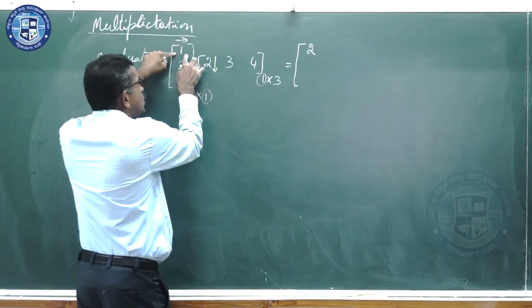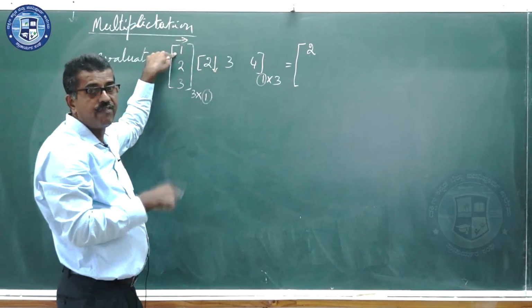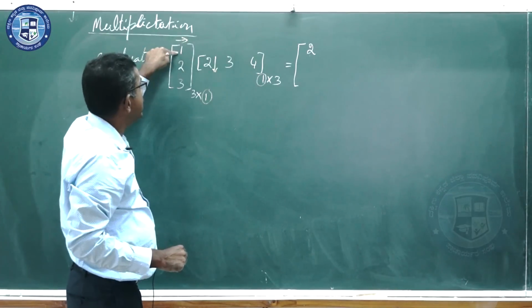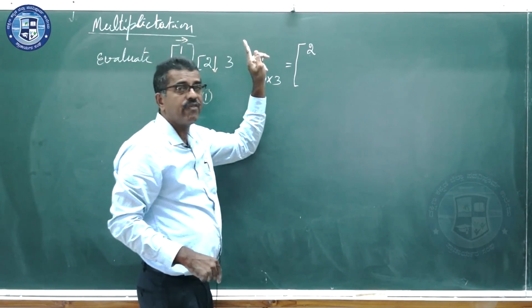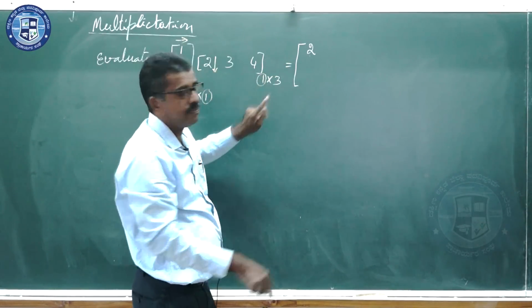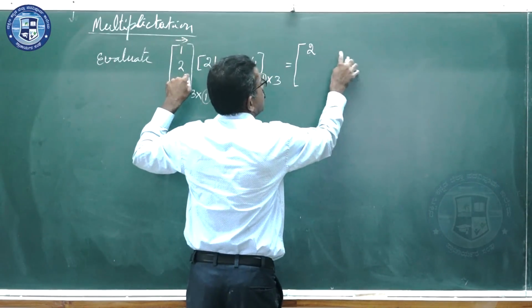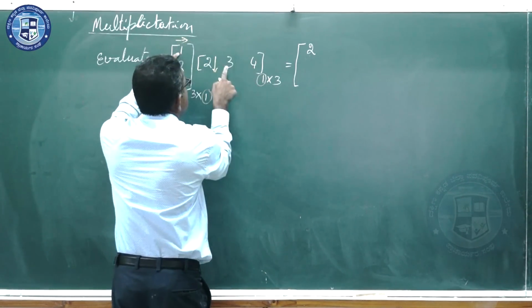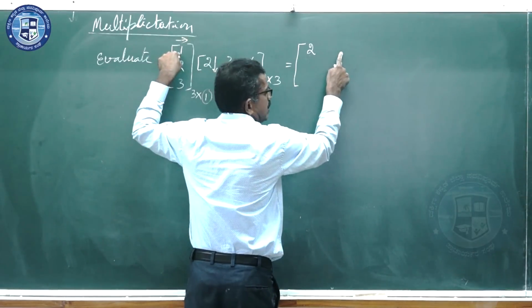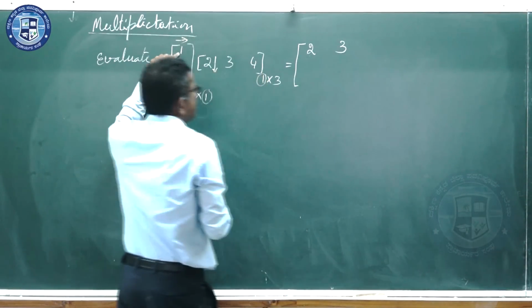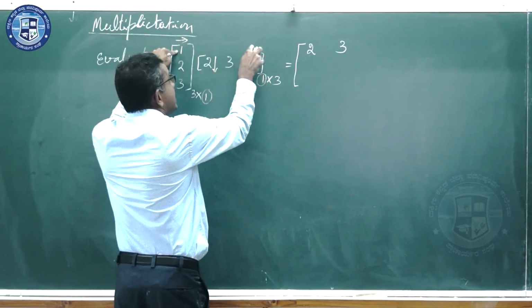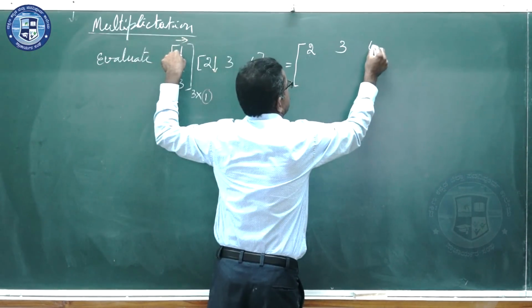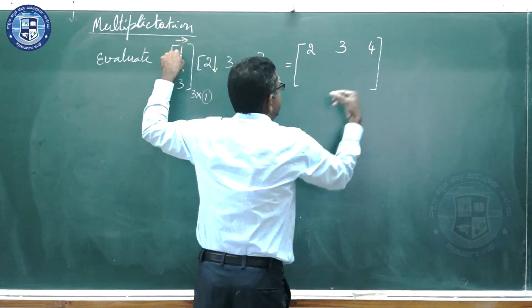Second entry, that same first row with the second column now. As I mentioned about Cik, the first row with the second column should represent the first row second column element in the product. Therefore it is placed here, and we have to multiply 1 with the 3 here. What is 1 into 3? It is 3. Once again first row with the third column: what is 1 into 4? It is 4. I hope all of you found it very easy now.